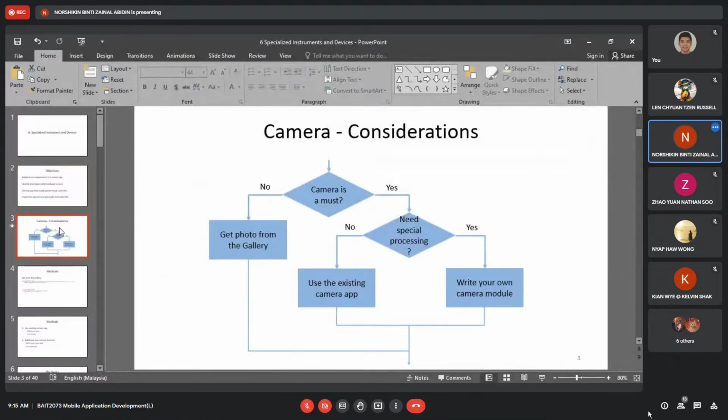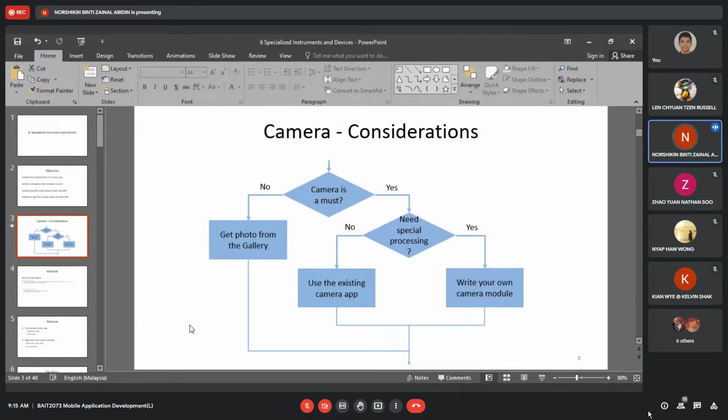The first one, camera. Our application is installed into a device that has this function, camera. So do we need a camera for our application or not?